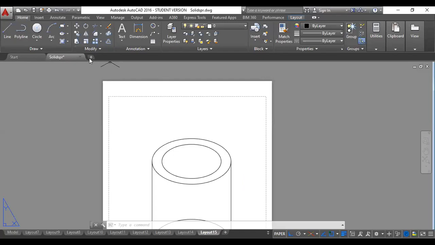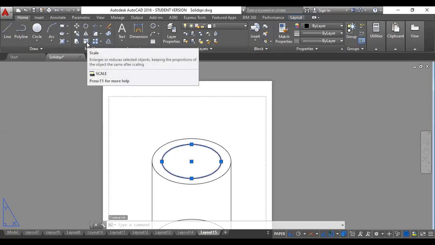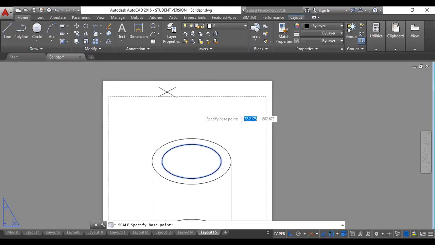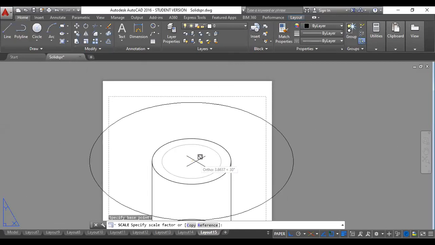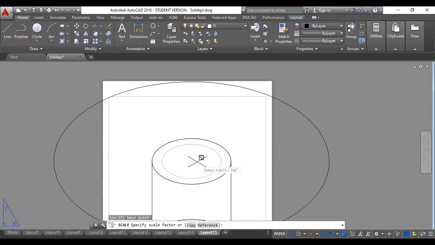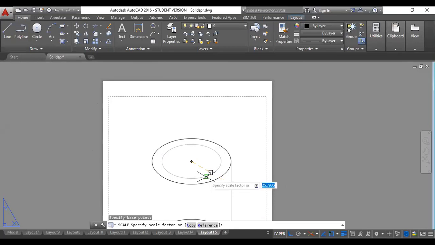So look here what I will do. I will select this, then go to the scale command. This is the scale command. Click on it. Then I'll select the center of the ellipse. Click on the center. Now before you give the scaling factor, remember one thing: you have to click on copy in the command prompt here, because I want to copy this base and then scale it.